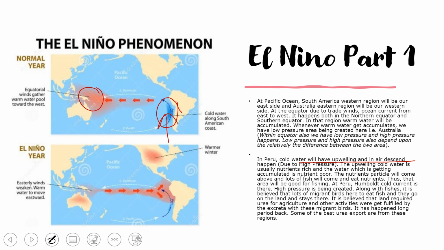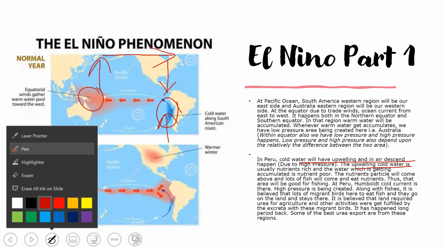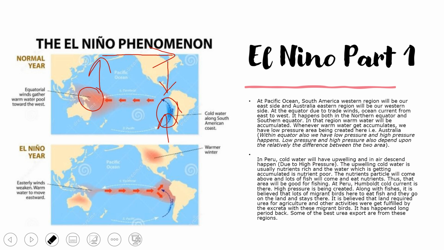This is a low pressure zone. So air will rise above it, at the troposphere it will start cooling down, and it will fall in here. Okay, so that is saying that upwelling of cold water is usually